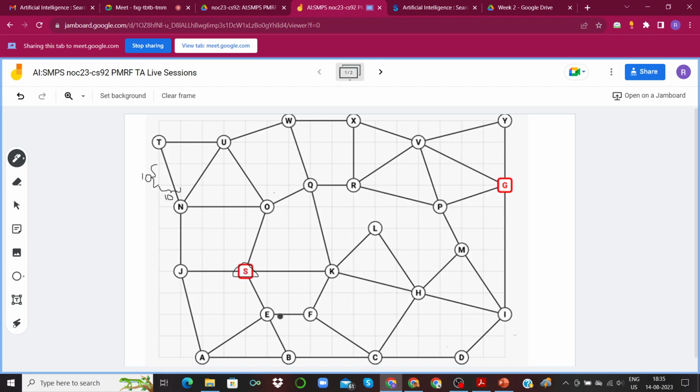So after S, we'll first inspect E. Then since we have employed a queue and not a stack, we are going to inspect the next element in the queue, which would be J alphabetically, right? Then after J, it would be K, and after K, it would be O, and after O, it would be the elements that were added when E was inspected, right? And those would be A and B in that particular order. Okay, so at this point, we have already inspected 7 nodes, which is what the question asked, and the order is S, E, J, K, O, A, and B.